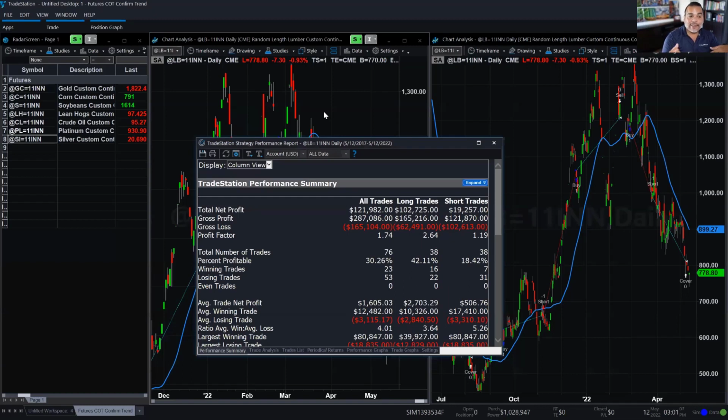So yes, again, this is something that you have to experiment with and test. The conditions that I have with COT are 2 consecutive turning ups or 2 consecutive turning downs. What if you needed another one? What if you needed one less? So there are a lot of different variations to this strategy, starting with the period for the moving average. I'm just using a 30 period moving average. There are a lot of different concepts or ideas that you can introduce in this topic just to make it your own.